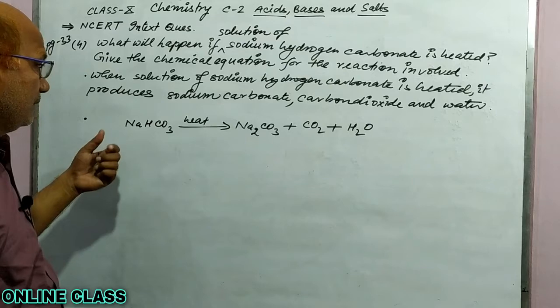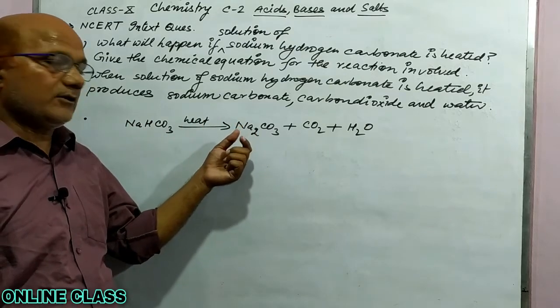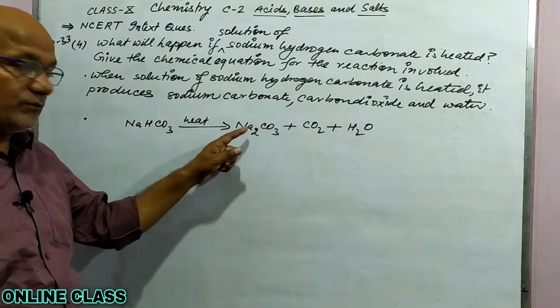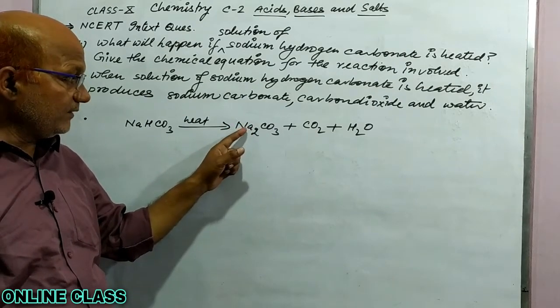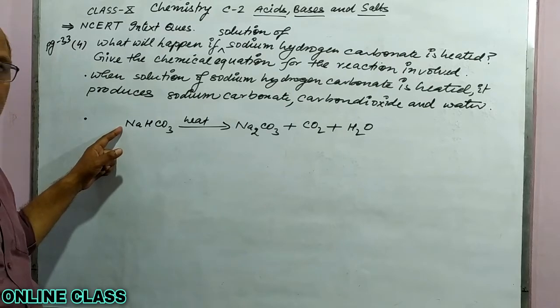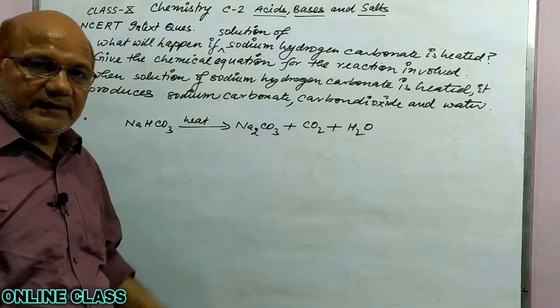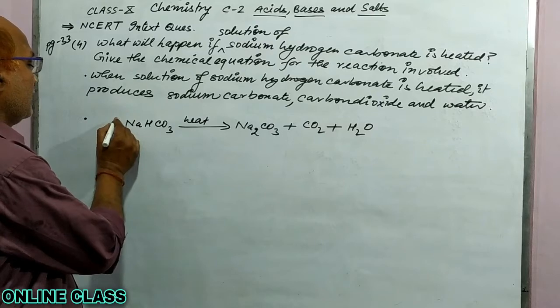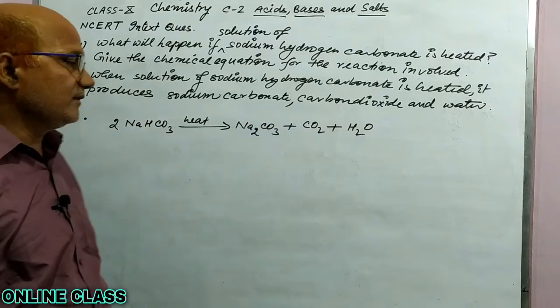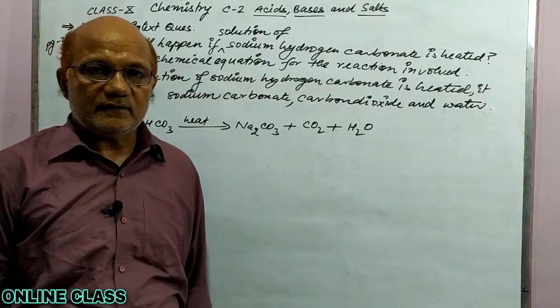And this reaction is not balanced now. So, you can very easily balance. As you can see, Na2 means 2 sodium atoms, and here you can see there is 1 sodium atom. So, multiply it by 2. So, now the whole reaction is balanced. Now, you can take a screenshot of it.